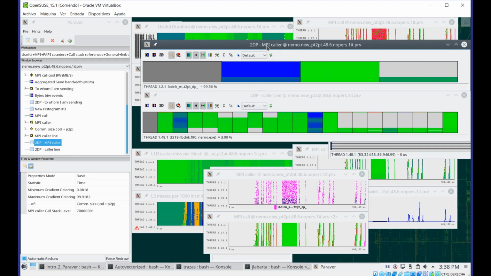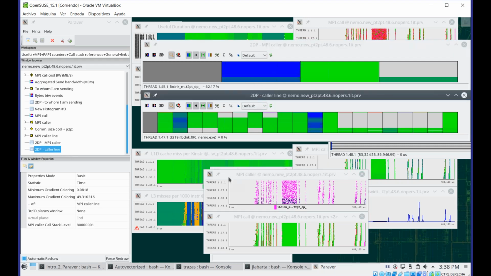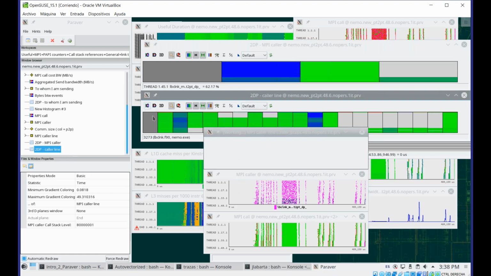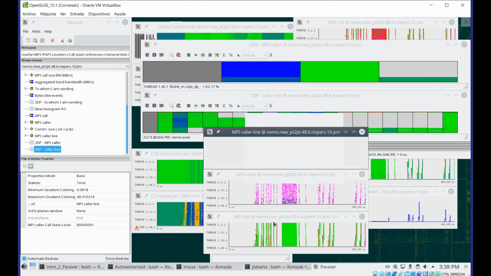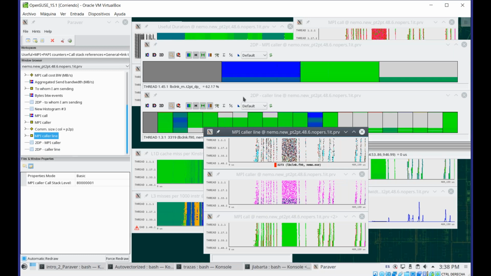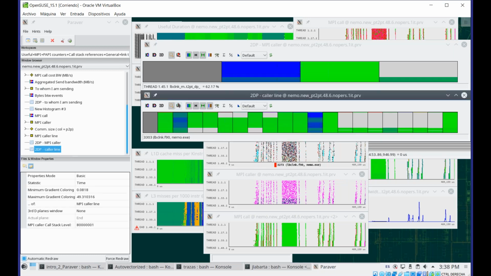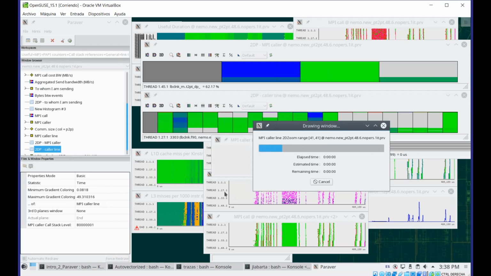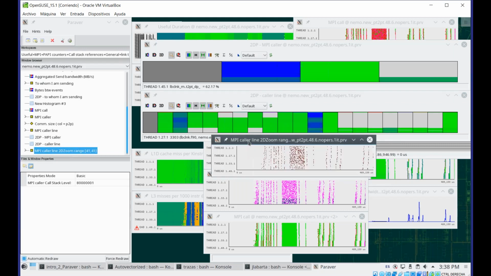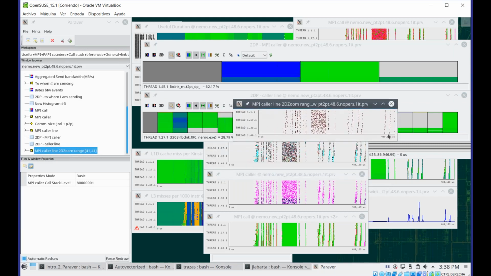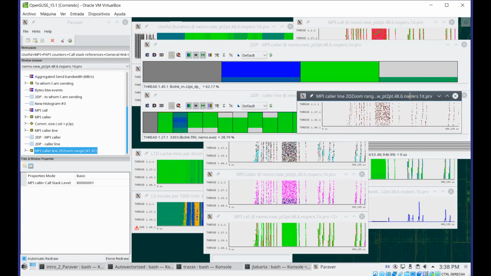You can actually have 4 different levels of the call stack. And this is in terms of caller lines. You can also have in terms of line, source code line, where was this MPI call made? And you have the profiles, and, for example, you can always change the statistics as we saw, and you can say where is this routine, the MPI call from this source code line,